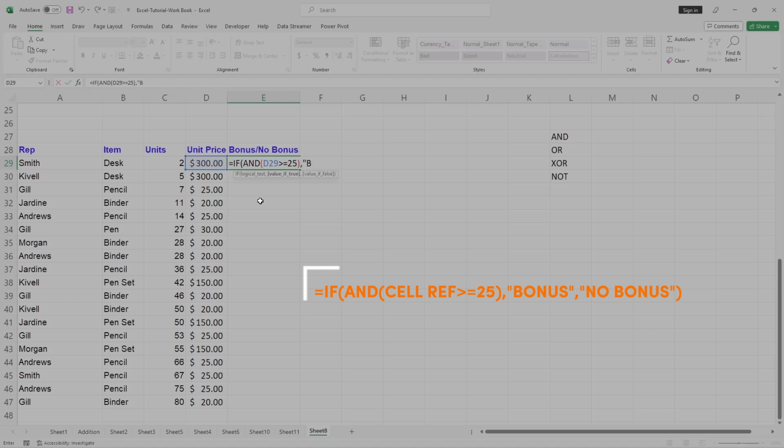they will have bonus. Bonus is a string, you can use it in inverted commas. And also enter another string with inverted commas, no bonus, and close the bracket. So this formula will give you the result